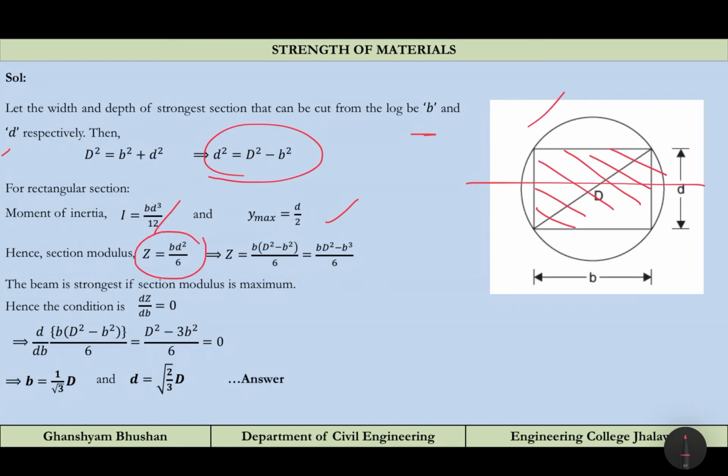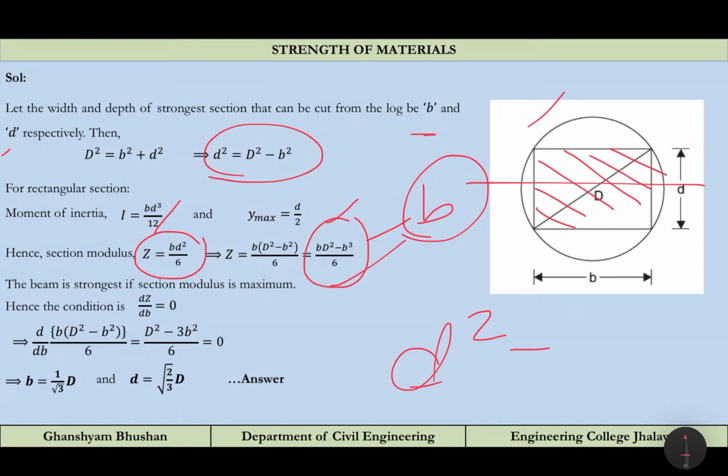We have discussed this in the previous lecture. Just refer to that video if you have some confusion. So finally we will get Z as b times (D squared minus b squared) by 6, that is, (b D squared minus b cubed) by 6. So in this parameter, what is the variable? b is the variable. You can solve in both manners, either with this formula in terms of d or b, anything you can assume. We have to maximize only. Whatever parameter you have taken, you have to maximize with respect to that parameter. So here b is that parameter.